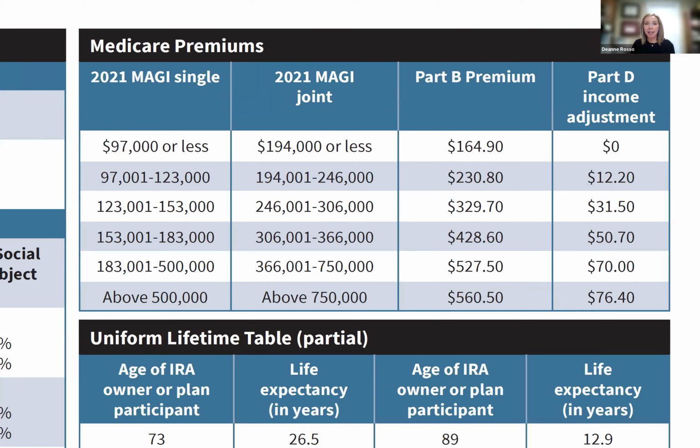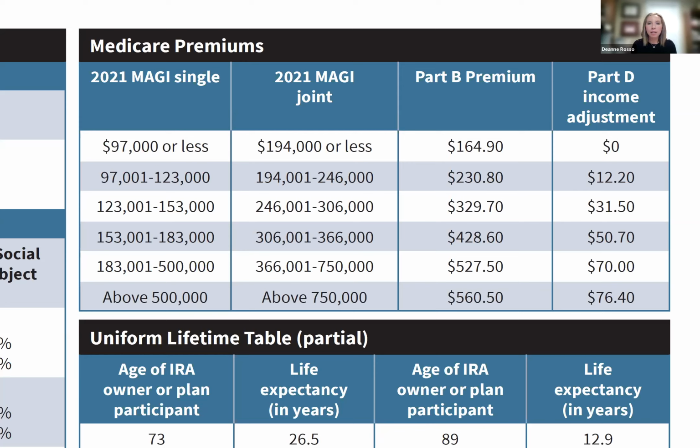And the reason that I like to highlight this is because sometimes things happen in our lives that give us a bump in income in 1 year. And then 2 years later, we've already forgotten about that. But all of a sudden we get a statement in the mail that our Social Security benefit for next year is going to go down. And I've had so many clients who've come to me or who have emailed or called me and said, why is my Social Security amount going down for next year? And when you look at the statement, it's not that the Social Security benefit's going down. It's that the Medicare premium increased based on something that happened in their income 2 years ago.